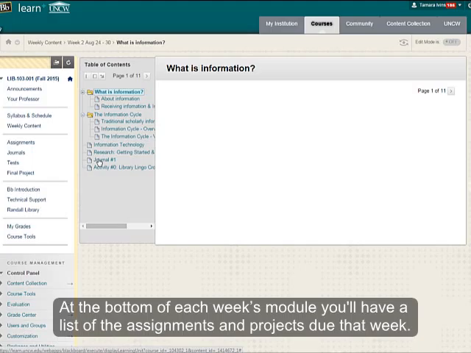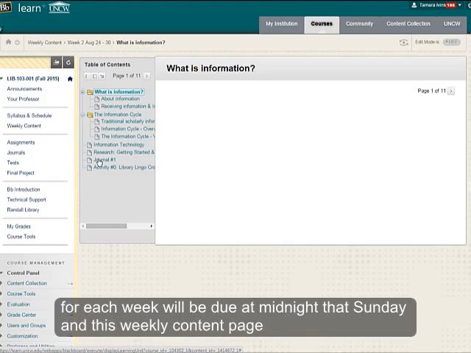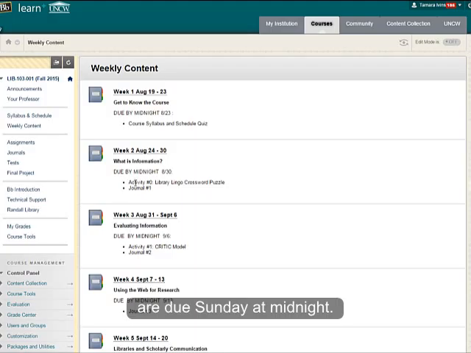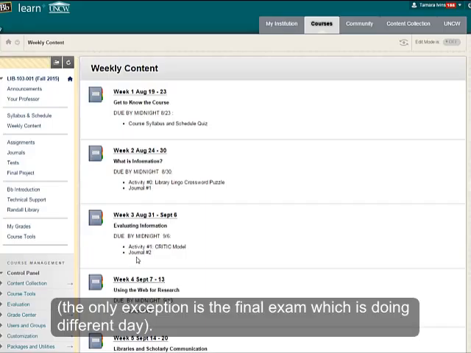Remember, each week runs Monday through Sunday, so all assignments for each week will be due at midnight that Sunday. And this weekly content page highlights all the assignments that are due each week. The only exception is going to be our final exam, which is not due on Sunday at midnight, but due